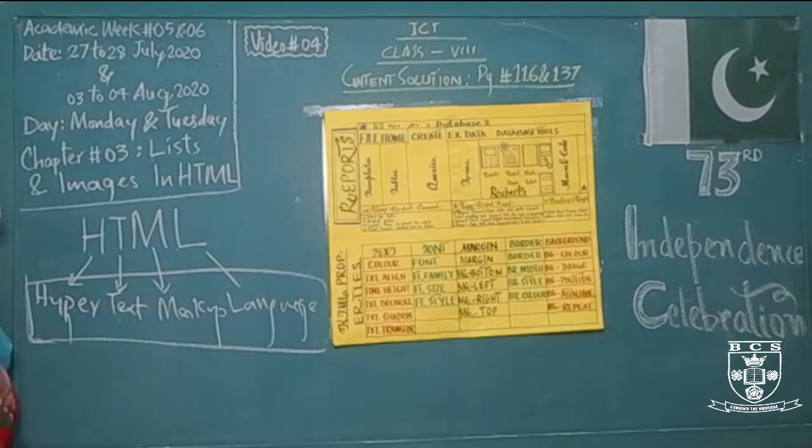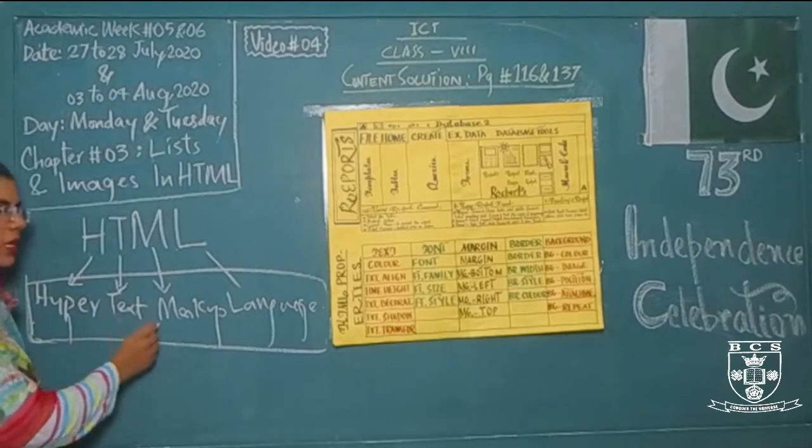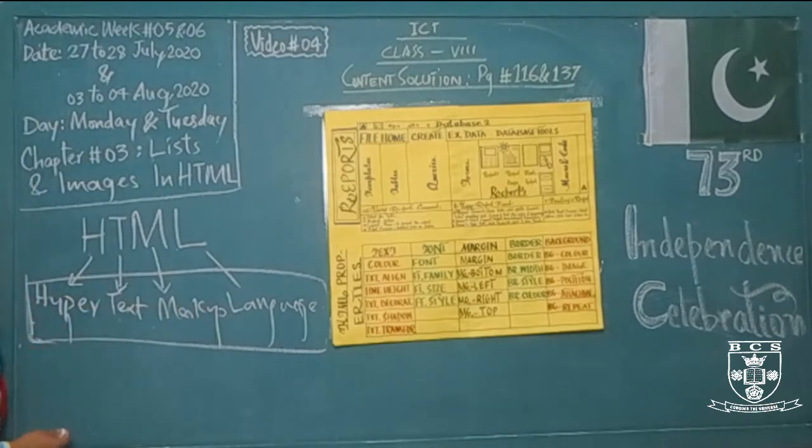As we have different types of languages in a computer system, this type of language, that is hypertext markup language, is used to create or develop the different web pages that we see on the internet. Through the internet we can have lots of different websites, and each website has different web pages. These web pages are created by using different languages, and one of them is HTML, that is hypertext markup language. This is the very first basic language that we can easily use to create any type of web page. So how do we use this language?